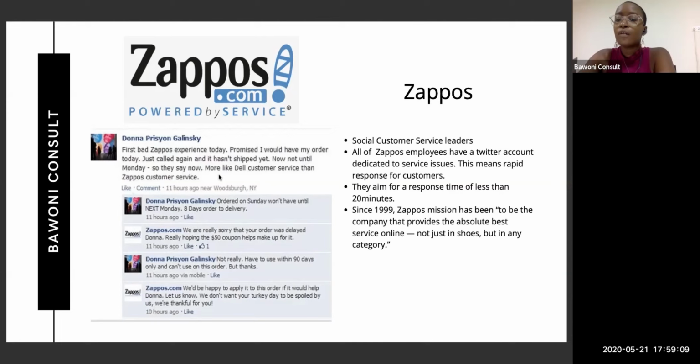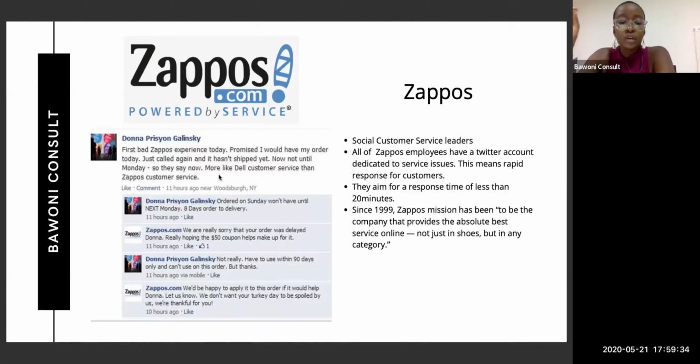And they aim for a response time of less than 20 minutes. So the minute there's a post, someone from Zappos is going to contact the customer. And since 1999, Zappos' mission has been to be the company that provides the absolute best service online, not just in shoes, but in any category. So irrespective of whatever the operations of the product or the service is, they are just adamant about providing excellent